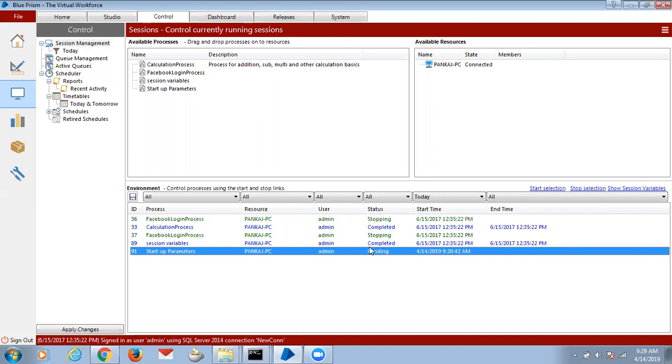Actually, in real time, this is the process, right? There is one more process that will run before running any process. That is called the login agent. Suppose your machine is in sleep mode, or the machine is locked, the screen is locked. It will unlock automatically if we run that process. I will show you that process now. I will implement that one. That concept is called the login agent.